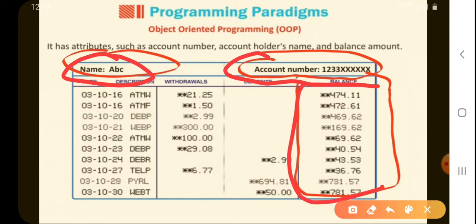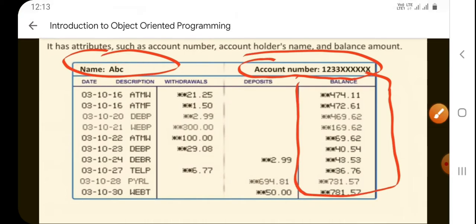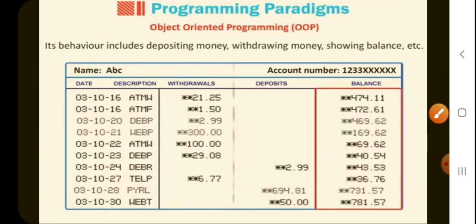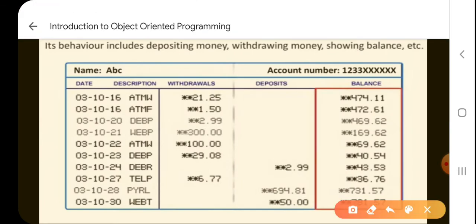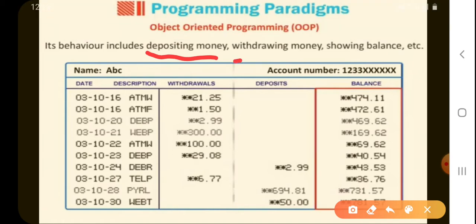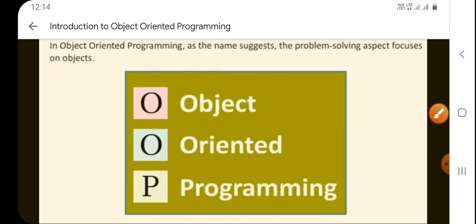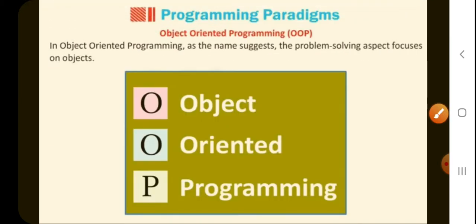Then, what are its behaviors? The behavior may include depositing the money, withdrawing the money, showing the balance of the account. These are the behaviors of the intangible object bank account. So every object has two aspects in object oriented programming: attributes and behavior.